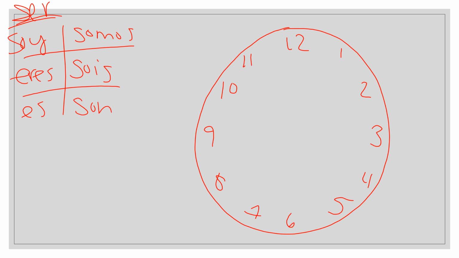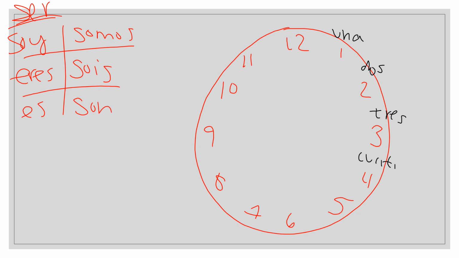Okay. So let's do these in different colors. So the first thing we're going to talk about is the hour. So up here we have the number 1, uno, but in Spanish, because time is feminine, we're going to say una. Down here we have dos, tres,